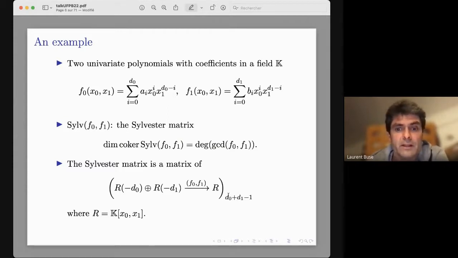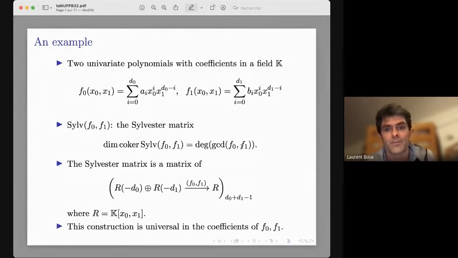a matrix that lives in the coefficients of the f. And this is exactly how we build this classical Sylvester matrix. And it turns out that this matrix has this nice property that the corank of this map is exactly the number of roots. Okay, so now let me go to what we do over Pn, which is a sort of